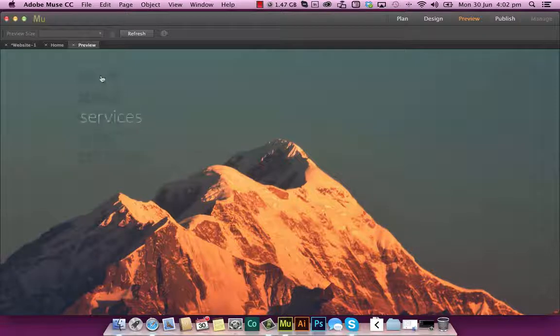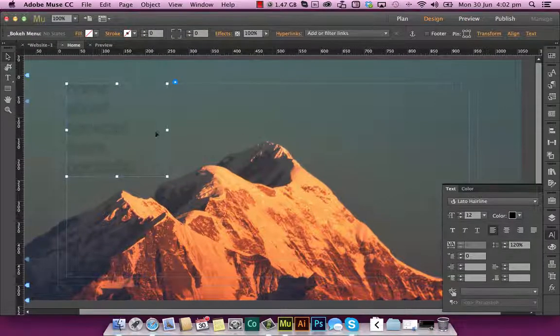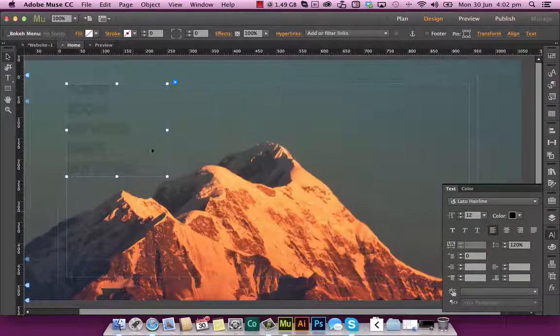So we can change the font style in Muse using the Muse text tool. We change the height and the font size in the widget menu itself, and we can add the links for the different pages that we want it to go to in the effects as well. So that's the